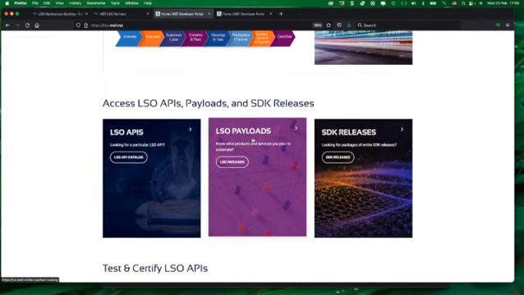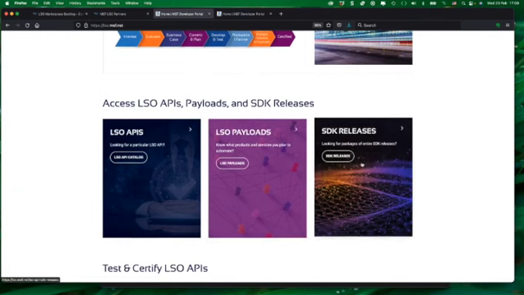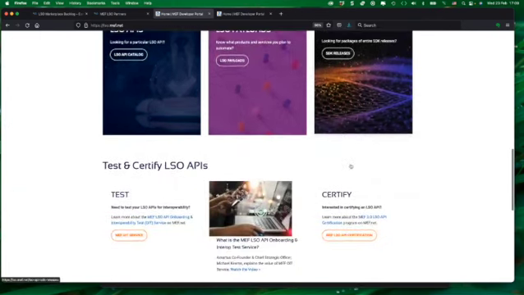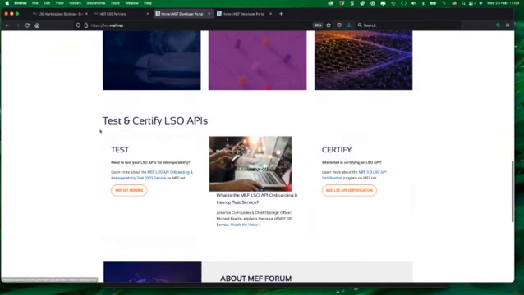So we have a dedicated page for that. And then we have a dedicated page for the SDK Releases, and we'll look at that shortly. The test and certify LSO APIs here, this is very important because we've got two very valuable programs. One is for once the APIs are being implemented or have been implemented, being able to test against a